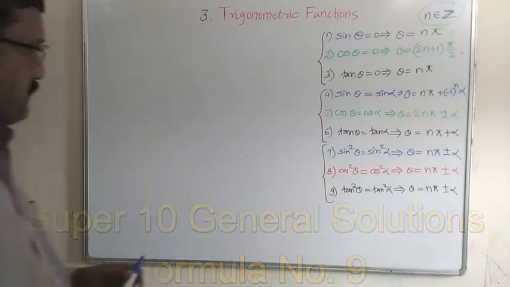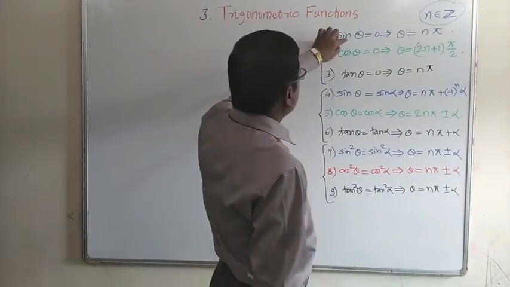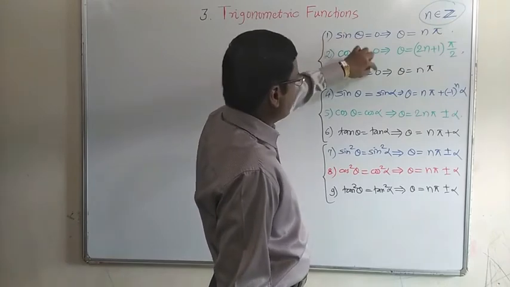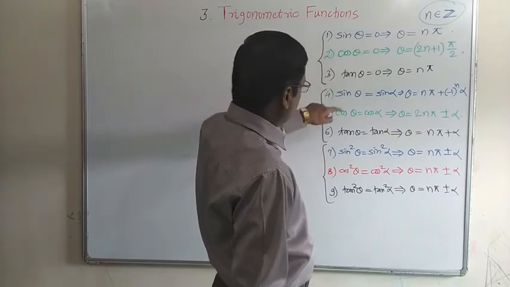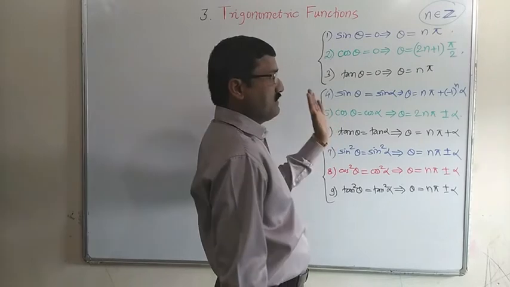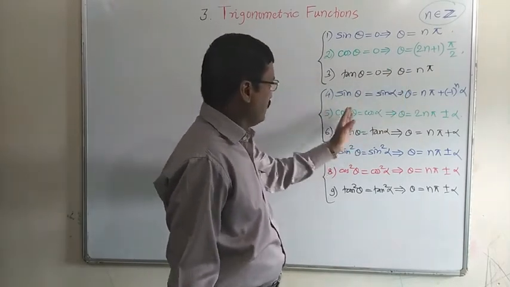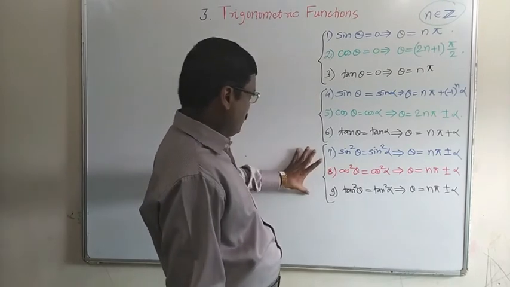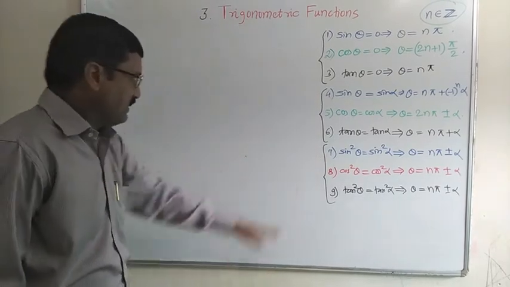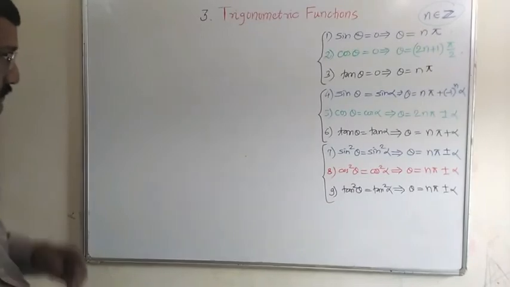If you observe these groups, then in the first group we have taken every trigonometric function as 0. In the second group, sin theta is equal to sin alpha, meaning a certain trigonometric function is equal to the same trigonometric function with a different angle. Now here squares are taken. Let us try to prove this seventh result now.